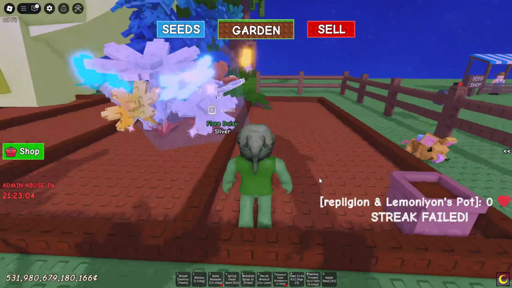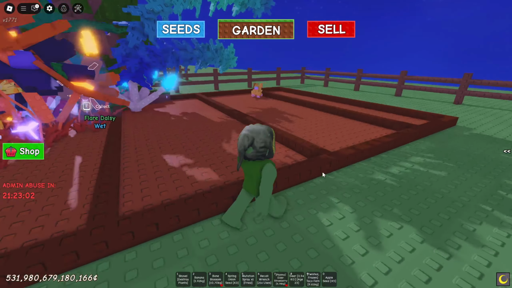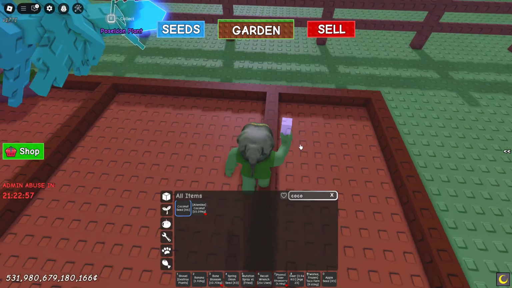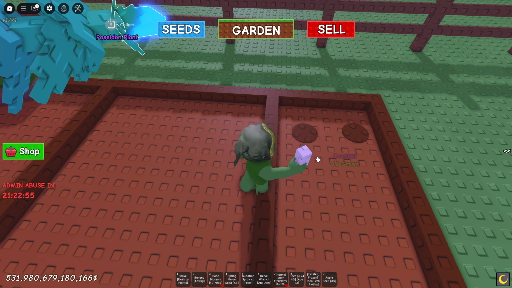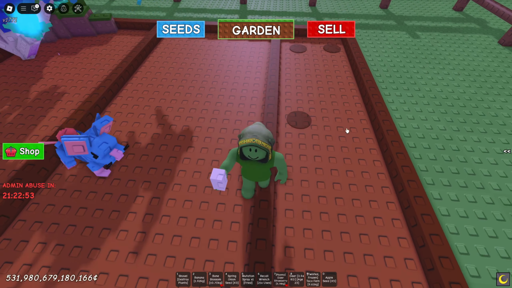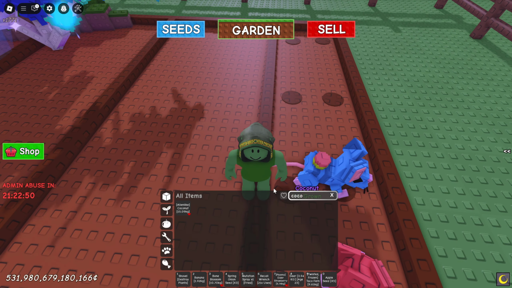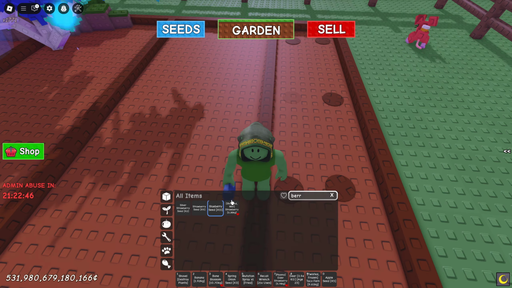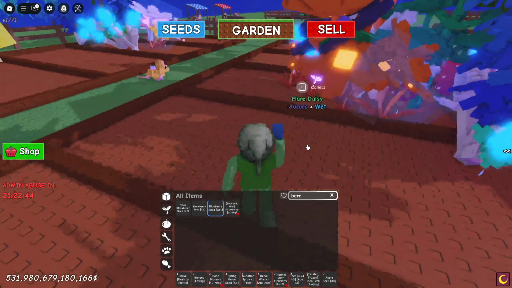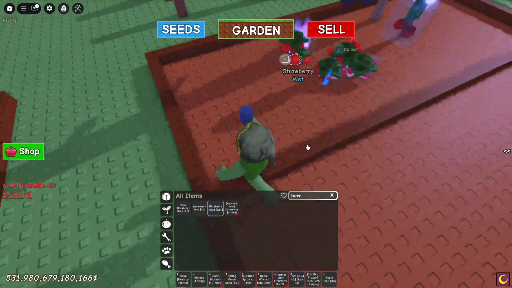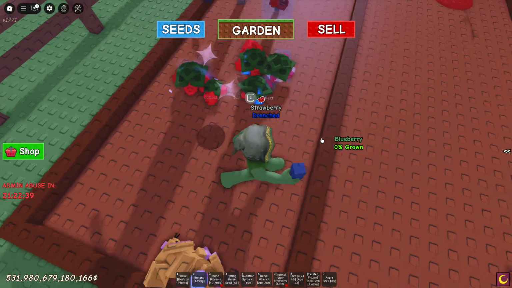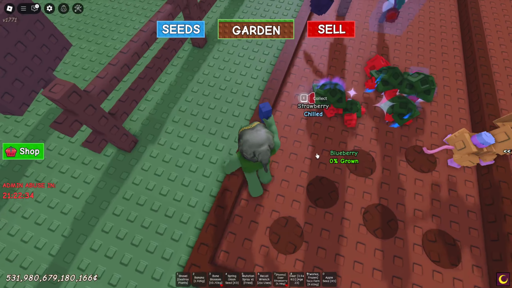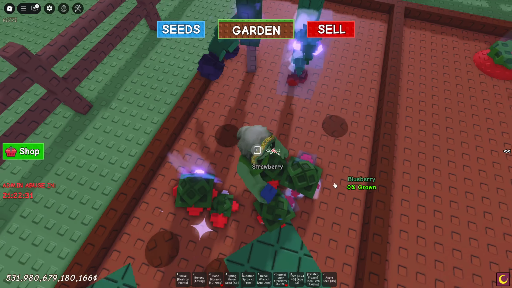So what you're going to want to do is grow a lot of blueberries and coconuts. I'm just going to do it on my empty plot here, and I'm just going to plant some coconuts here and there and some blueberries, so it is easier to cover up the plants that we need for this. Maybe grow some strawberries as well. They're not expensive to get anyways, so yeah, those are the most useful plants for the beanstalk event in Grow a Garden,